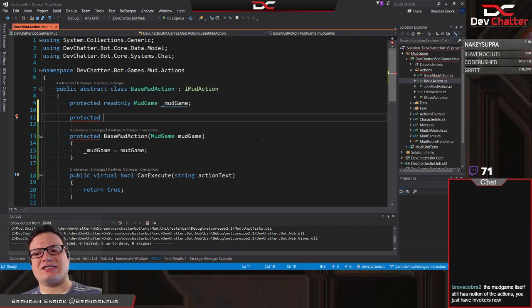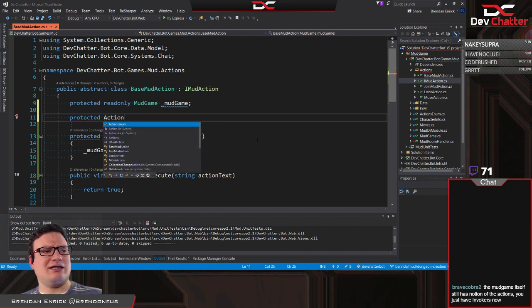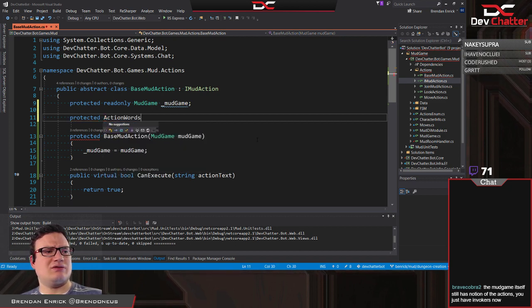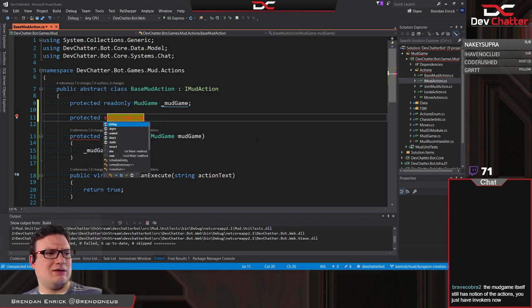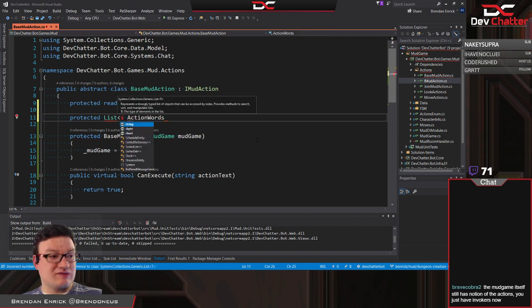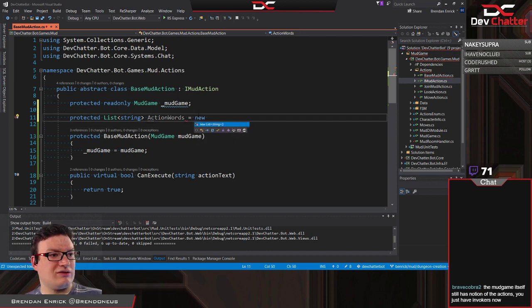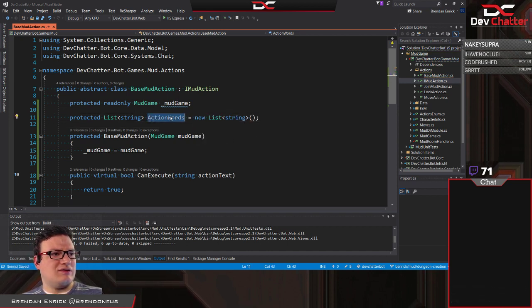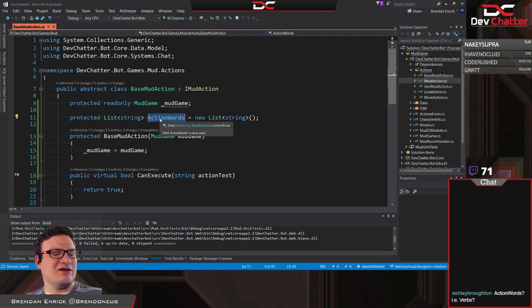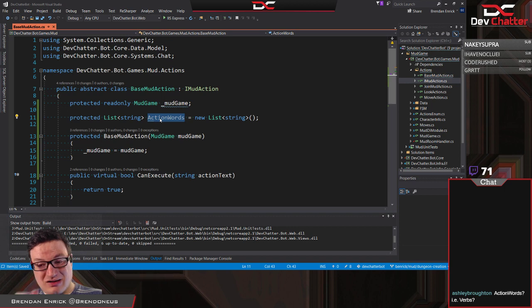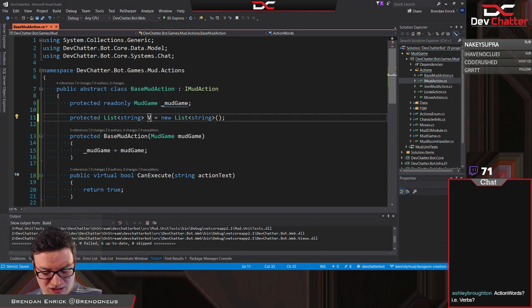It's a good word for these action words. It's hard to explain, so I'll just write it and we'll come up with a better name in a second. I'm not sure exactly how I want to do this. So I can do this and then force each one to have to add their name to the list. Verbs? Verbs works.